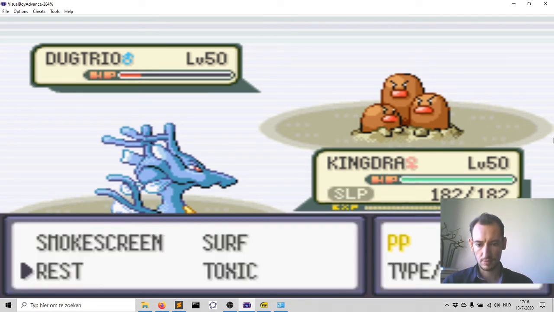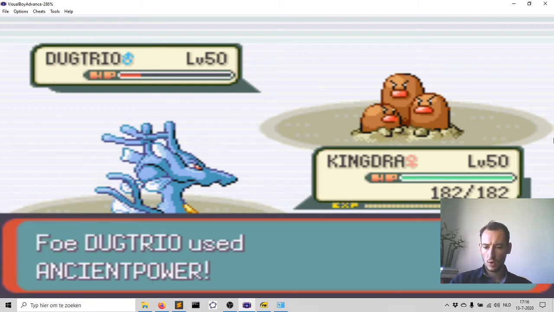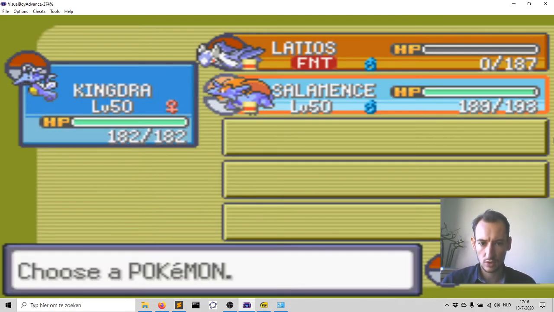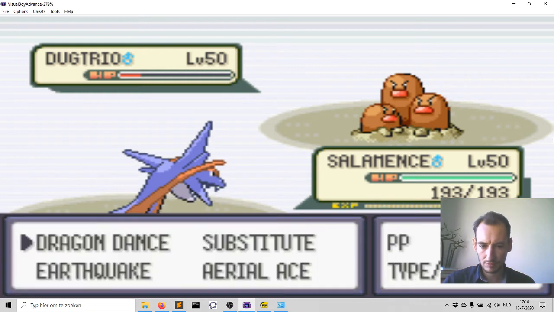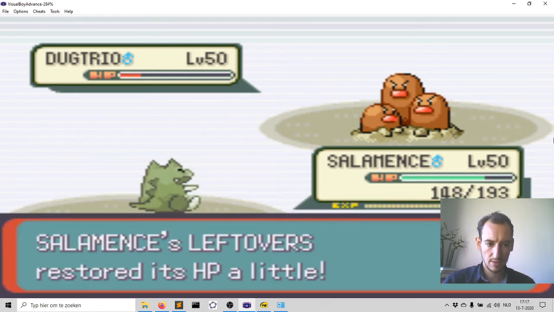Alright, there's an Ancient Power. Be careful not to click Surf accidentally. I think it has one more. Yep. So I saw 4, I also saw one against Latios, so now it's safe to switch in Salamence before it actually struggles itself to death. This is at -3 attack. This is a risk, of course. I mean, it might burn or